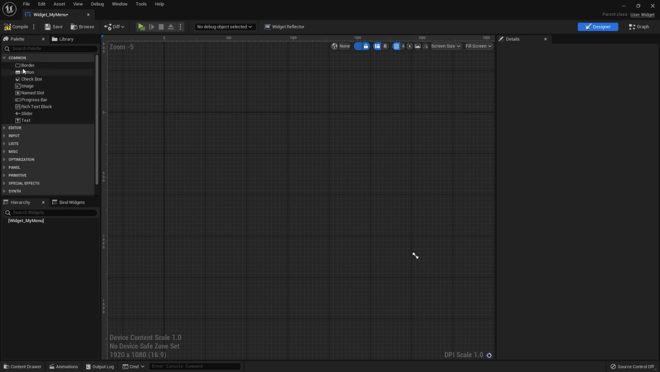So the elements that we can add here: a border, button, checkbox, and everything. We're going to talk about them a little bit later. Here we have a hierarchy. Like in Photoshop, you have the window of layers. Basically it's like that. And here, the details